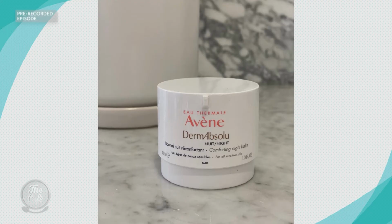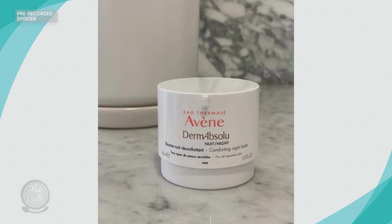Avène launched Derm Absolute this year. I've just been addicted to this, their night balm. It's so beautiful. It just melts on your skin. I don't know if you can see that, but within seconds it just sinks in. It's gorgeous. Now that one has got hyaluronic acid in it, also vanilla polyphenols, which actually boost the efficacy